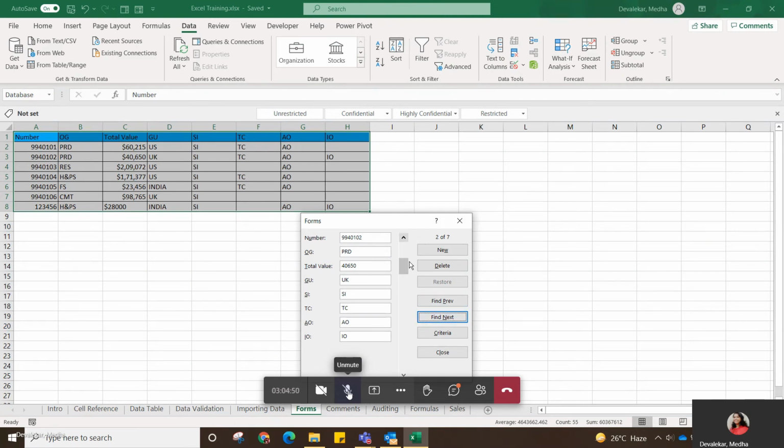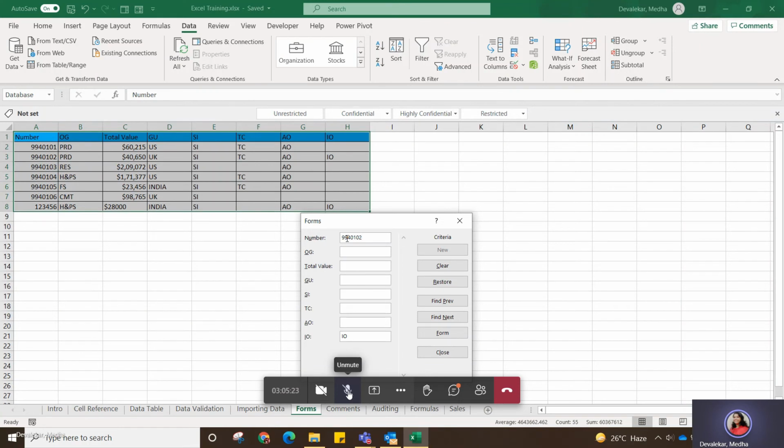Okay, sorry, criteria. Here you want to search something. So for your query, there is a criteria thing where you can find your data. So you can write here your number 9940102.